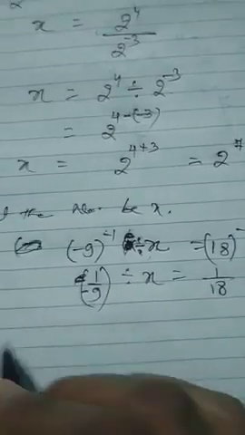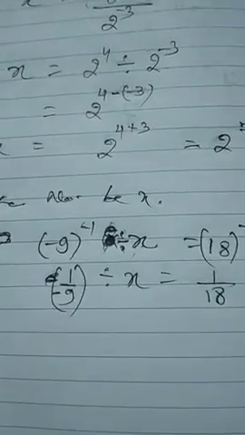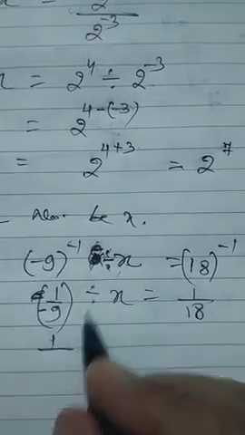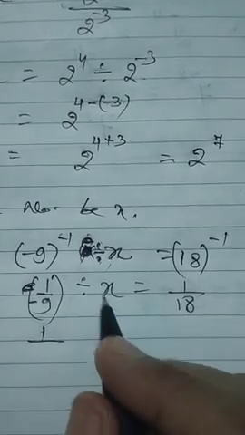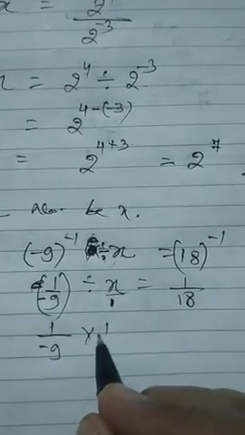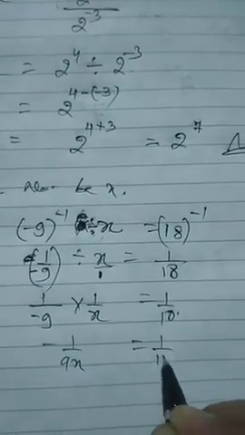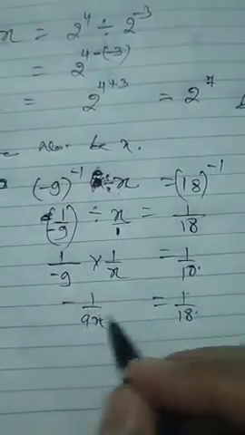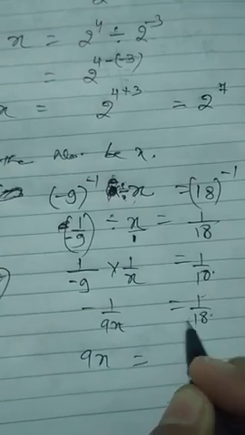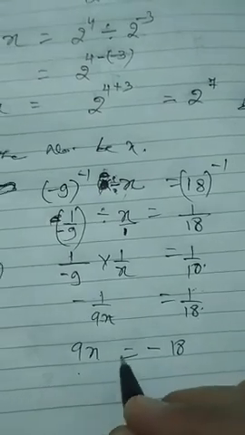1 by 18. Now we have to find out the value of x. For that what will we do? We will just change the sign of this. You can change the sign of divide into multiply. If you change it to multiply, it will become reciprocal. Nothing is down, so we can take it as 1 by x. Okay, minus 1 by 9x is equal to 1 by 18. You have to find the value of x, so just cross multiply. This will go this side and this will come this side. 9 into x, 1 times 9x is equal to 18 into this minus 18. Means 1 time. Okay. Now you have to find the x value.